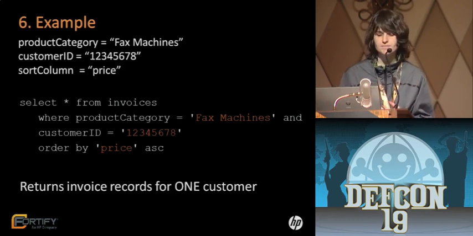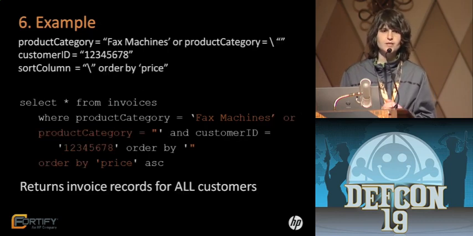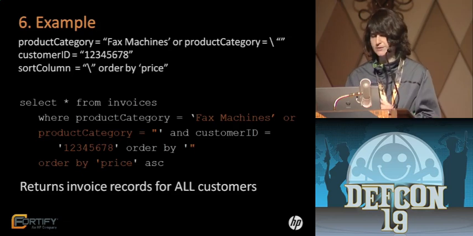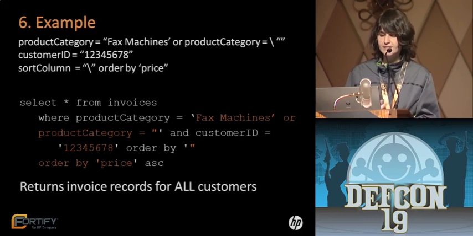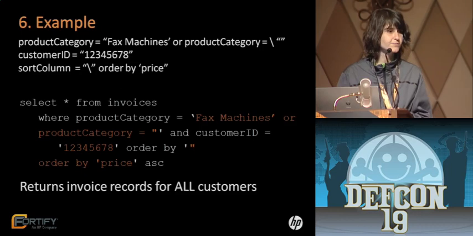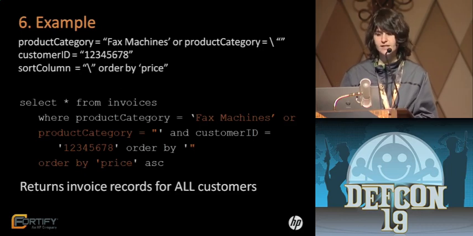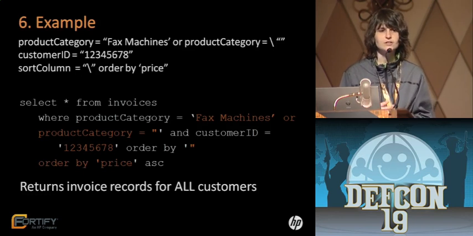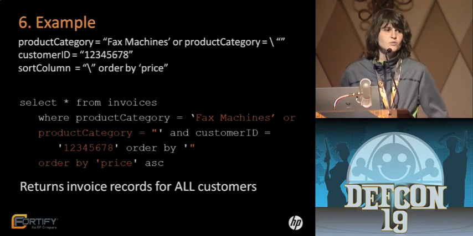And basically, it returns invoice records for one customer, whose customer ID is 1, 2, 3, 4, 5, 6, 7, 8. However, if you have some piece of untrusted data come in, and because of that, the product category is set to something like fax machines, or product category equals \quote. Customer ID is 1, 2, 3, 4, 5, 6, 7, 8, and sort column is \quote order by price. Then your query looks very, very different. And if you stare at it long enough, you'll see that we were able to get around the check against the customer ID. And what that means is you are now able to see invoice records for all of the customers rather than just one customer with customer ID 1, 2, 3, 4, 5, 6, 7, 8,